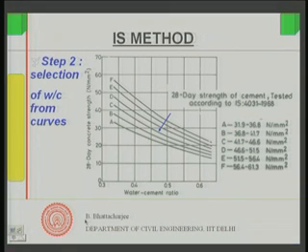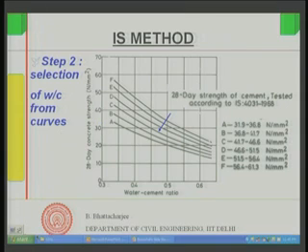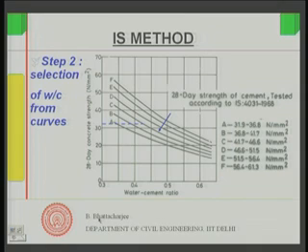Now, my target mean strength is 32. So, if my target mean strength is 32, somewhere here, I should use this curve and find out the strength, and that is what I do. You see, at 32 I draw a line which cuts the C curve at this point, and then I just project it downward to get the water cement ratio there. So, I have now determined the water cement ratio, and you can see this water cement ratio is about 0.43.